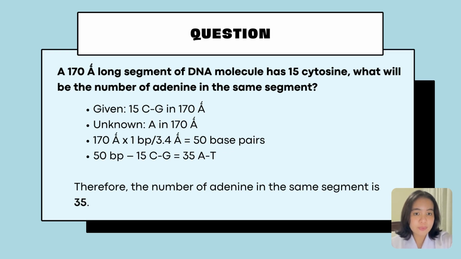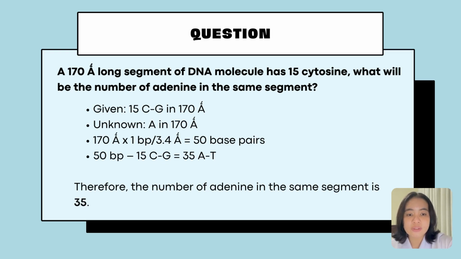For the first problem, we have a 170 angstrom long segment of a DNA molecule that has 15 cytosine. What will be the number of adenine in the same segment? To solve this problem, we must first know the given, 15 cytosine, in 170 angstrom, since the value of cytosine is the same as the value of guanine. So the unknown in this problem is the adenine in 170 angstrom, and all we have to do is multiply